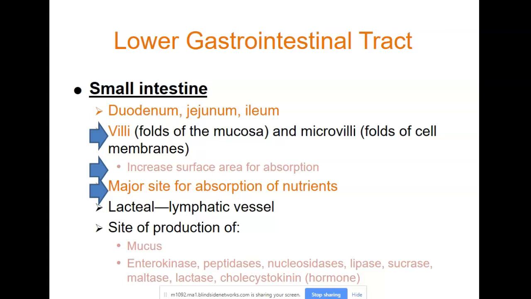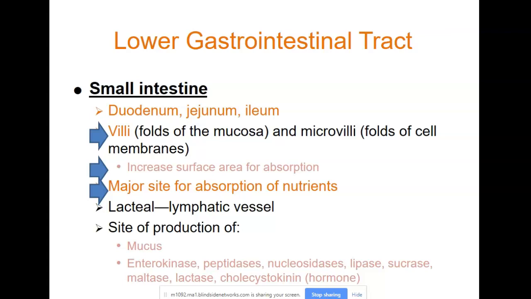So the small intestine is also a huge area for your body to make more mucus. You are making mucus from beginning to end in your digestive tract. You also make other enzymes, enterokinase, peptidases. Peptidase is going to break down more peptides or proteins. Nucleosidases is going to break down nuclear material. Because remember, you're eating things that have a nucleus. You're eating plants. Plant cells have nuclei. If you're not vegetarian, you're eating animal cells. They all have nuclei. So you got to break down that material so it can be in small enough bits